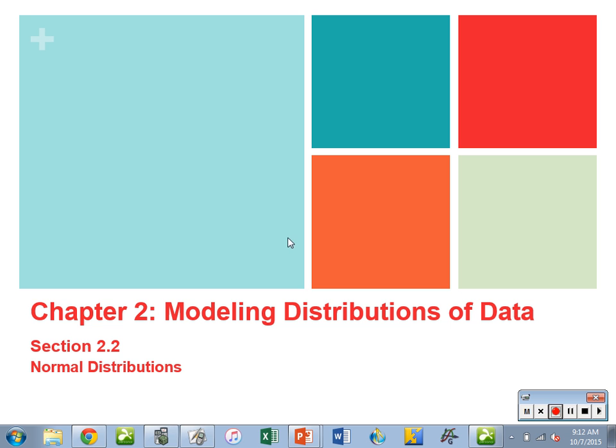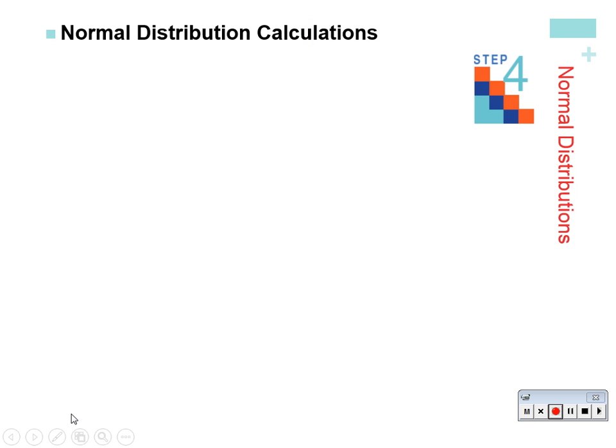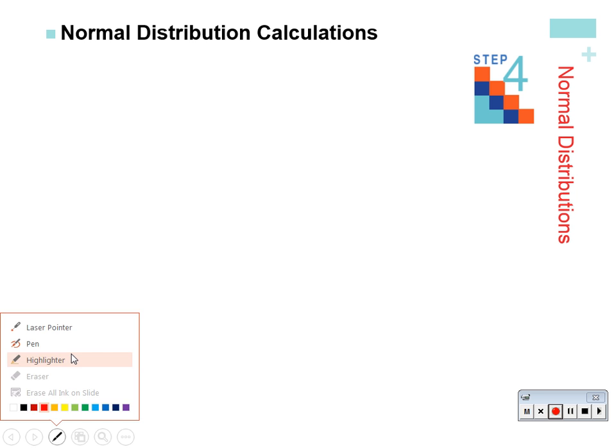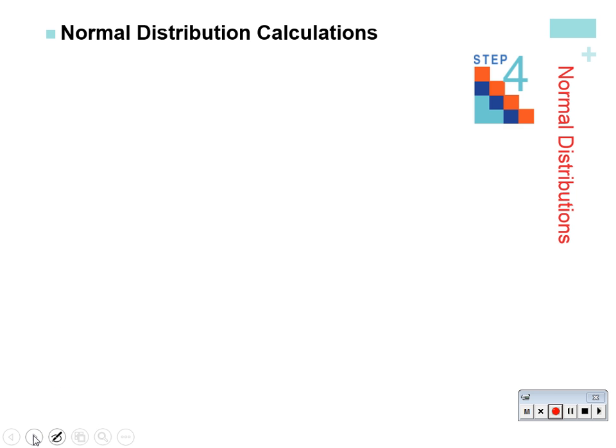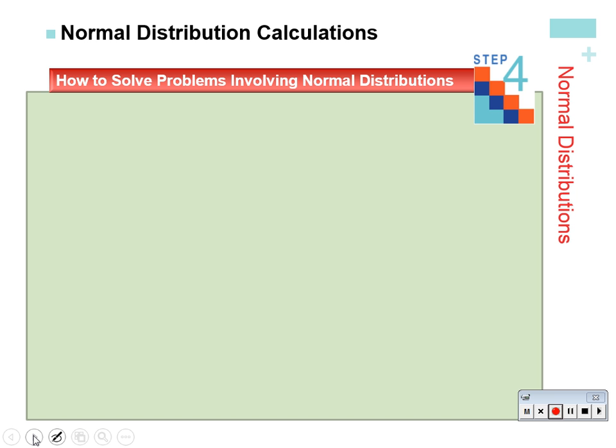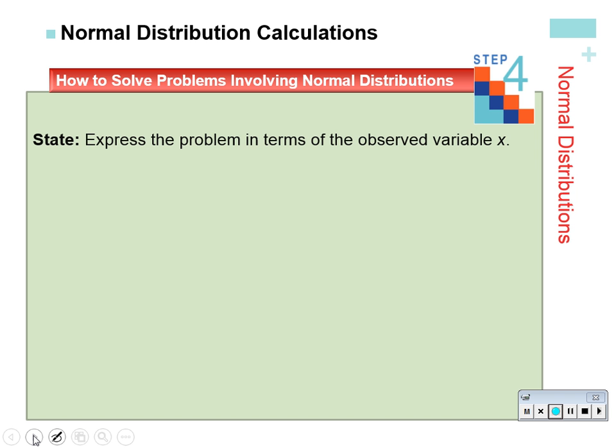So one of the things that we're going to look at next is some applications involving the normal distribution and some different things that involve the percentages that we spoke of before about the percentage of data that falls under the normal curve within one standard deviation, two standard deviations, and three standard deviations and beyond from the mean. So in terms of how you want to solve a normal distribution problem, I want to speak to